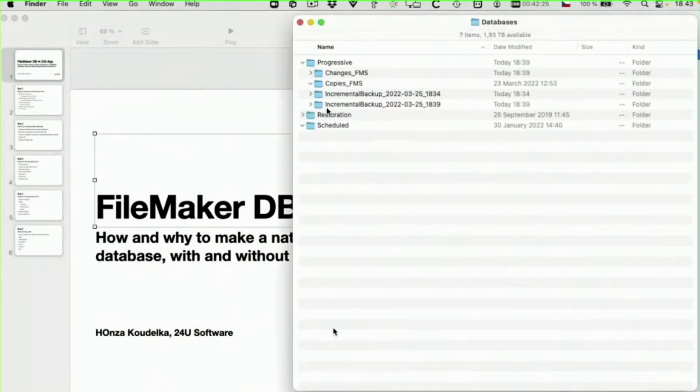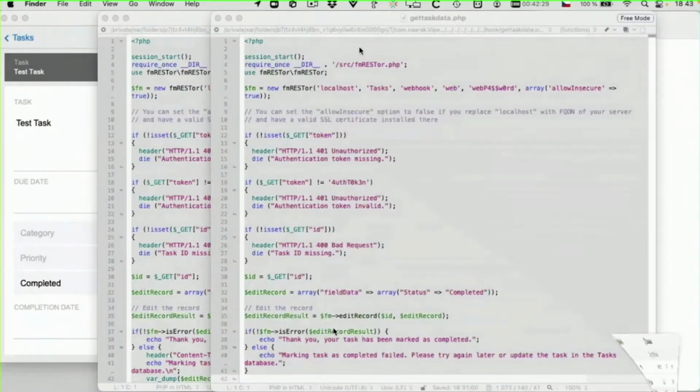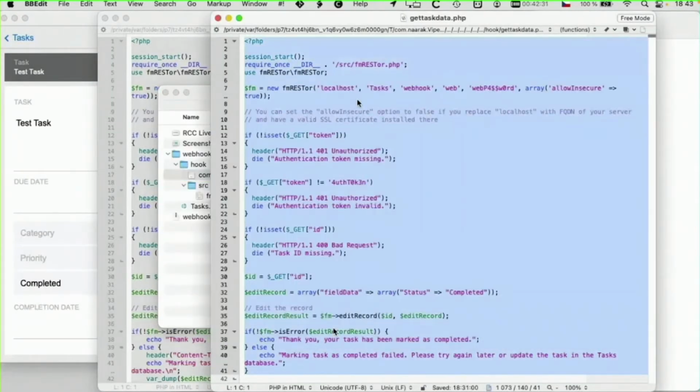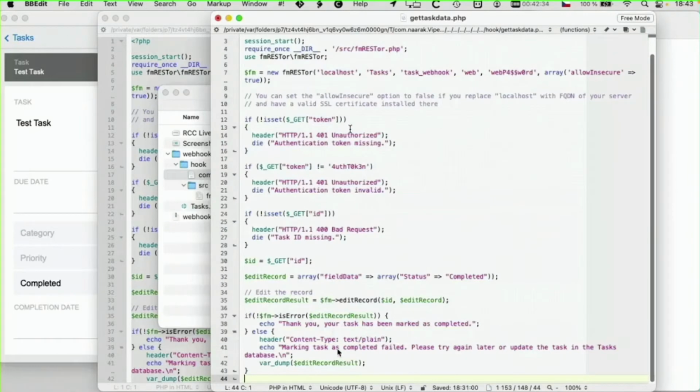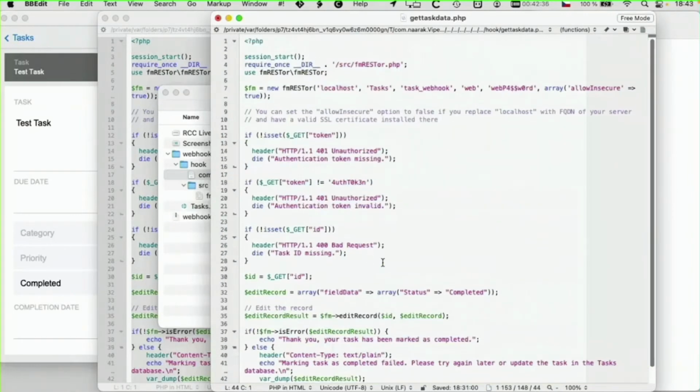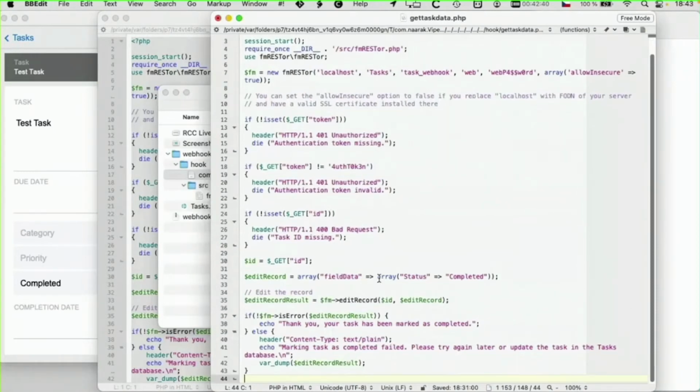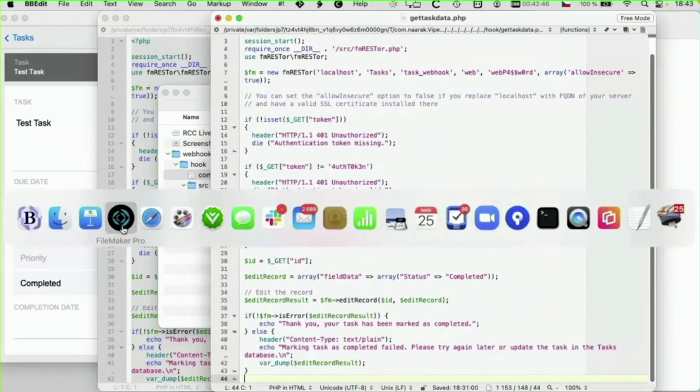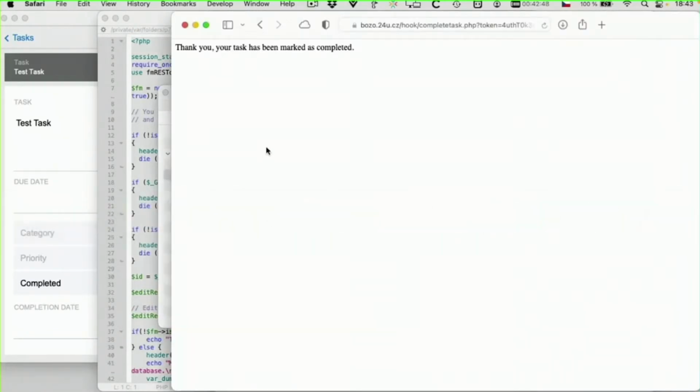But let me do a little bit more here. I will make a copy, and instead of writing to the record, I will want to get data from the FileMaker record. Okay. So I will start at